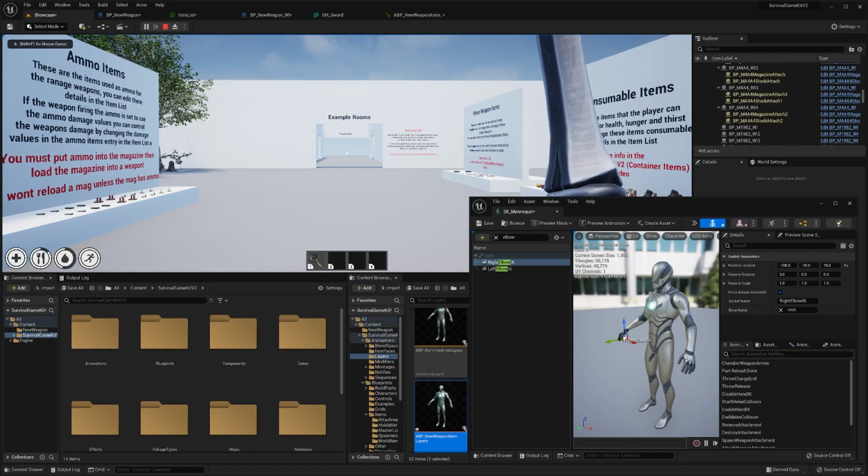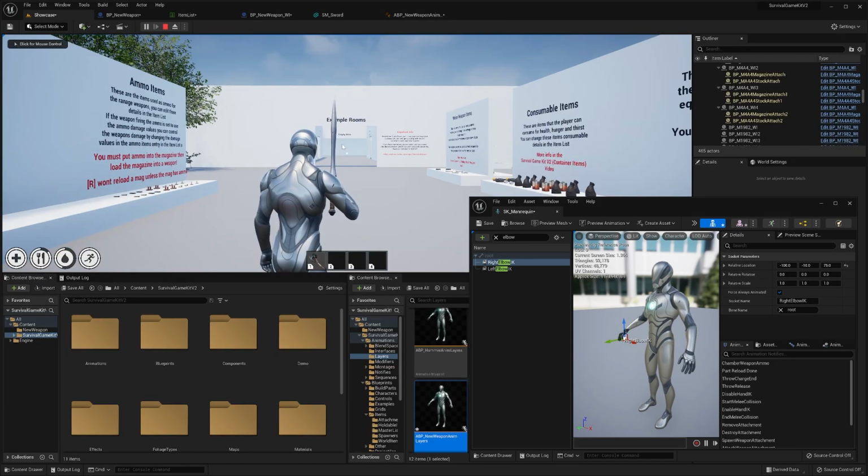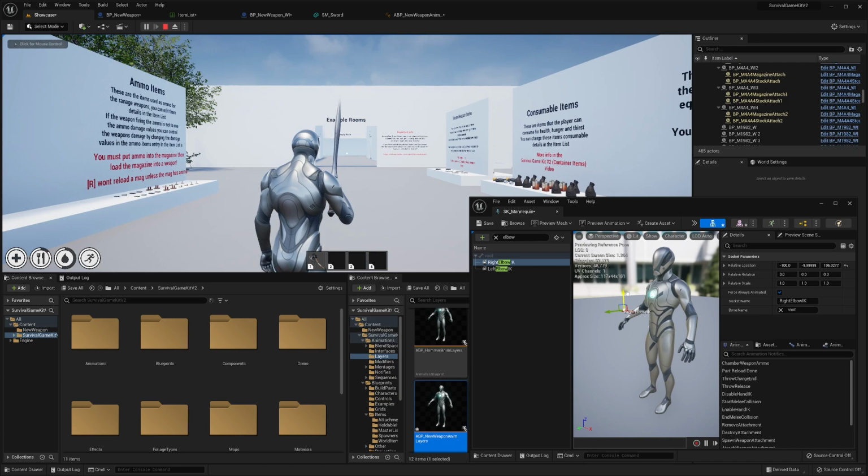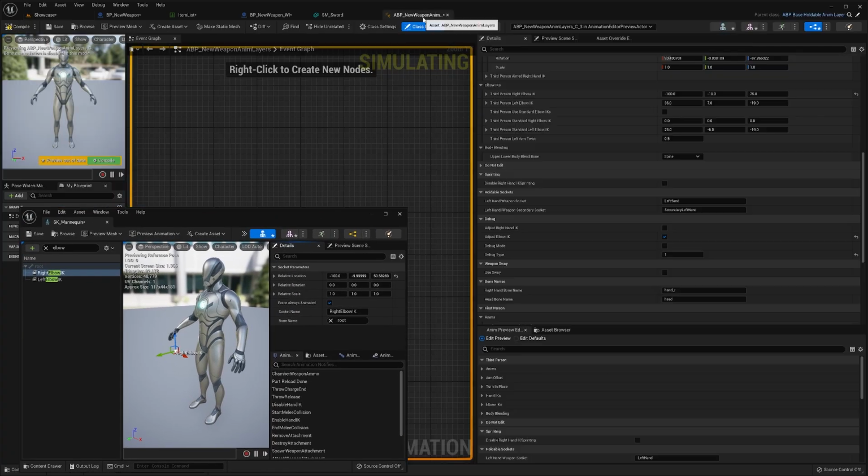And in game, I'm going to go back to third person view. I'm going to do Shift F1 and I can start moving around my elbow IK to get the location that I want. So say I want it about here. Once I'm happy with that, I can copy this and I can paste that into the right hand elbow IK